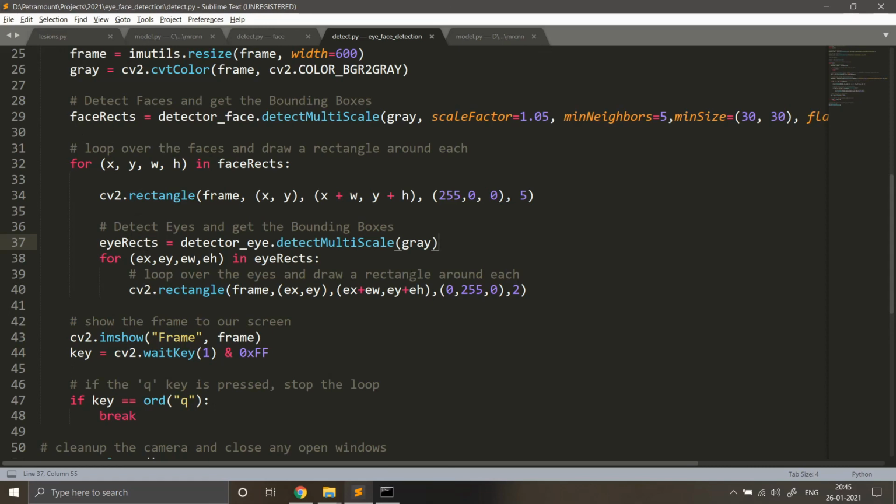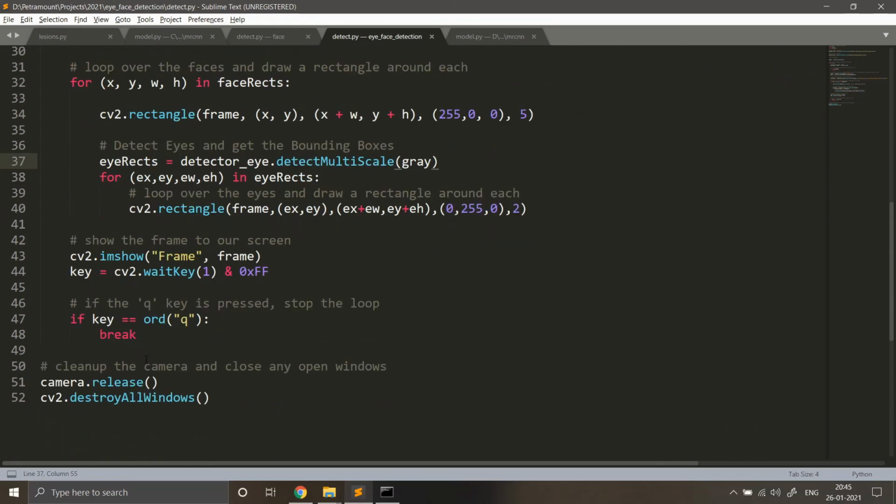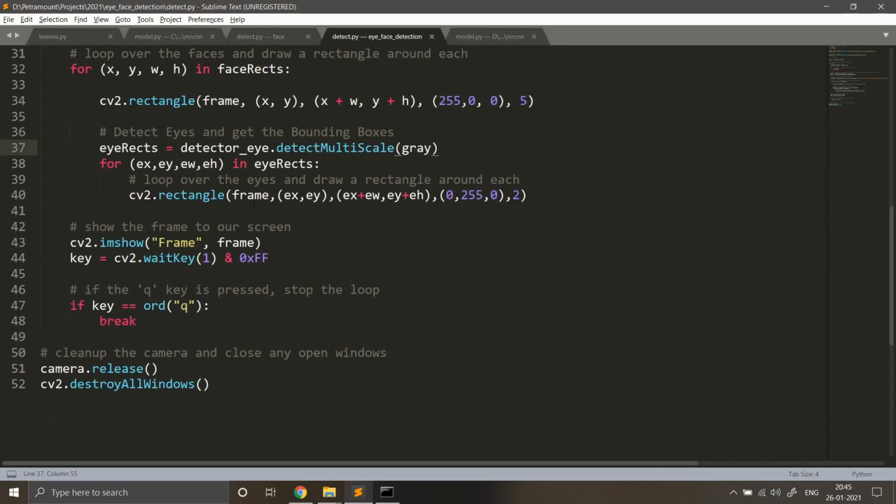Even if you want to create a much more precise application, what we can do is crop this region and push that area alone to my eye detection. In that way also it's going to be much more accurate. Anyways, for now I just detect the face and the eye region and show it in the same window, drawing different rectangles. Here you can see I've drawn a blue rectangle for the face and a green rectangle for the eyes. So let us try to run this particular program.